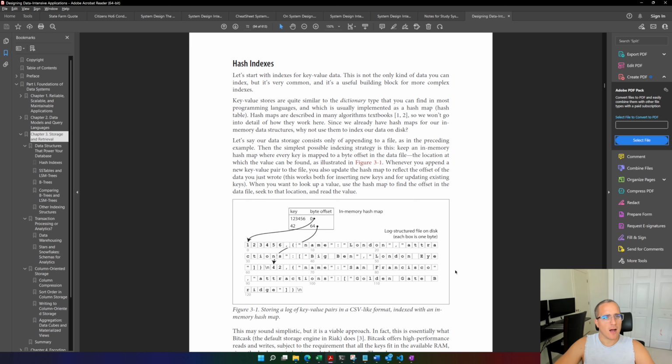Since we already have hash maps for our in-memory data structures, why not use them to index our data on disk? Let's say our data storage consists only of appending to a file, as in the preceding example. Then the simplest possible indexing strategy is this: keep an in-memory hash map where every key is mapped to a byte offset in the data file, the location at which the value can be found, as illustrated in figure 3.1. Whenever you append a new key-value pair to the file,